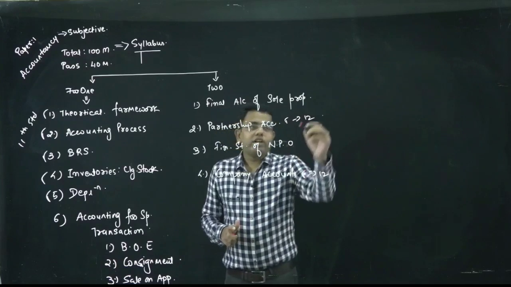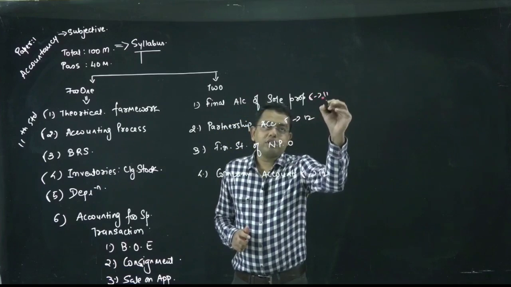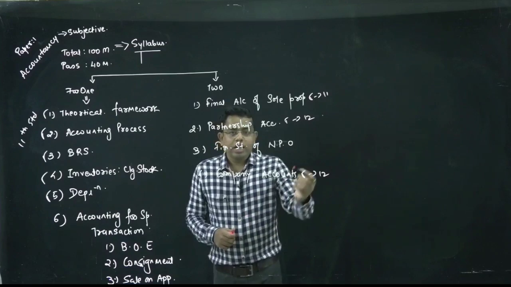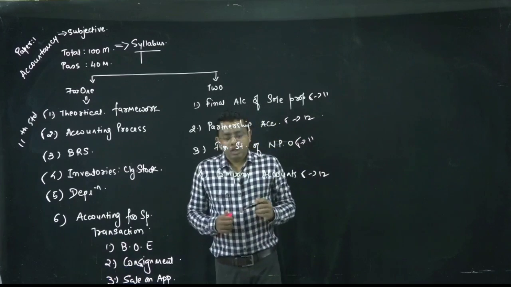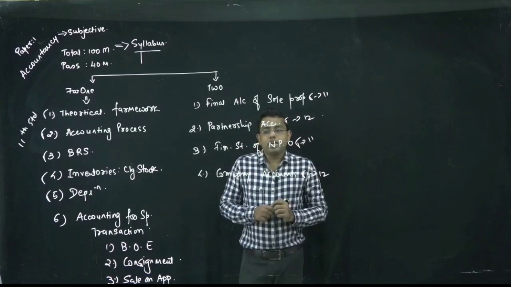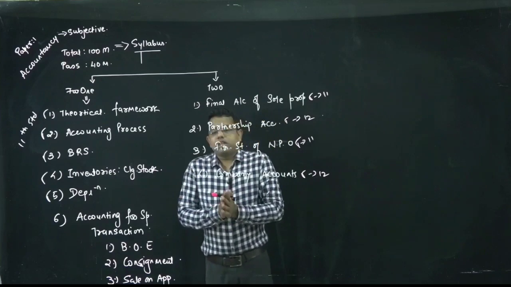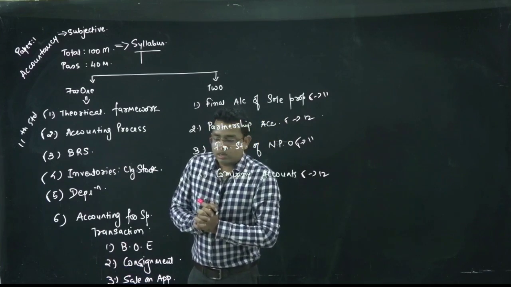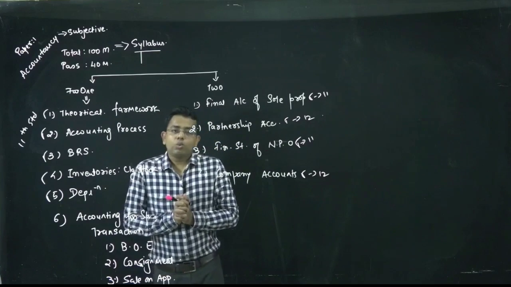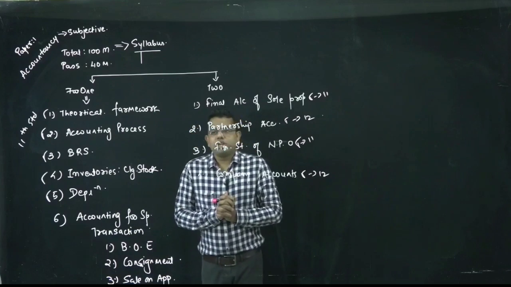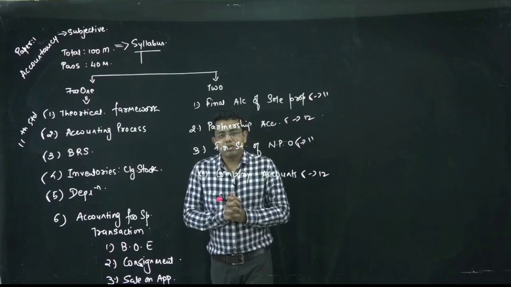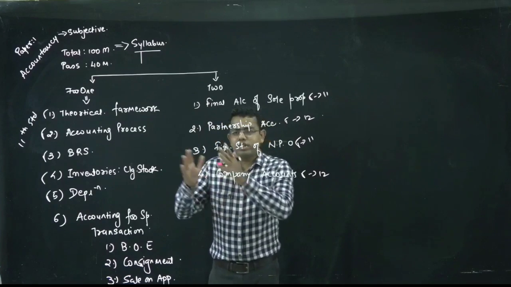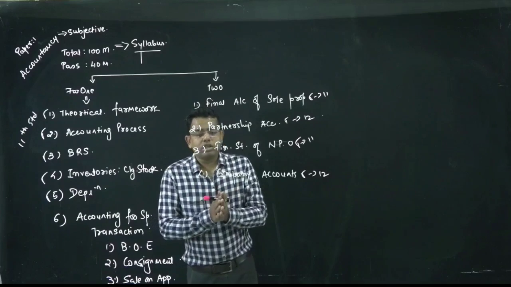And yes, final accounts of sole proprietorship, this is what you have learnt in your 11th standard. I am not sure whether you have learnt accounting for NPOs in your 11th standard or 12th standard. Basically, this is your 100 marks syllabus. So, what is the weightage? See friends, their institute, ICAI, the Institute of Chartered Accountants of India, has given certain weightages to certain group of